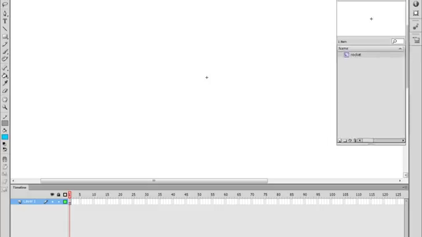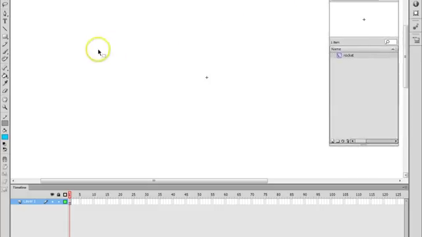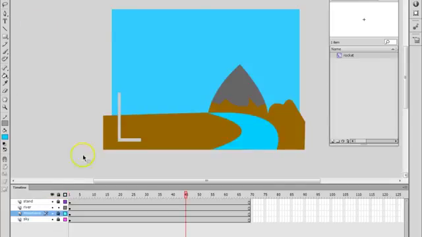Yeah, okay. What happens is I've just come into a little movie area called Rocket. Notice that it's empty. Nothing has been created yet. I could go back to scene 1, and in my library, I've just created a symbol called Rocket. So if I go into that symbol,